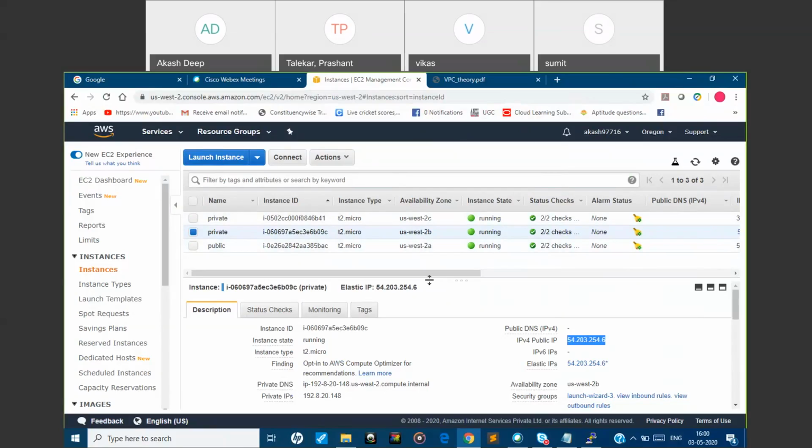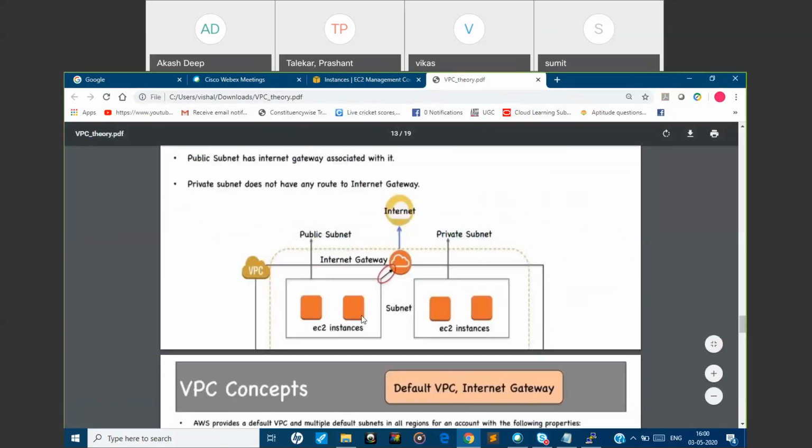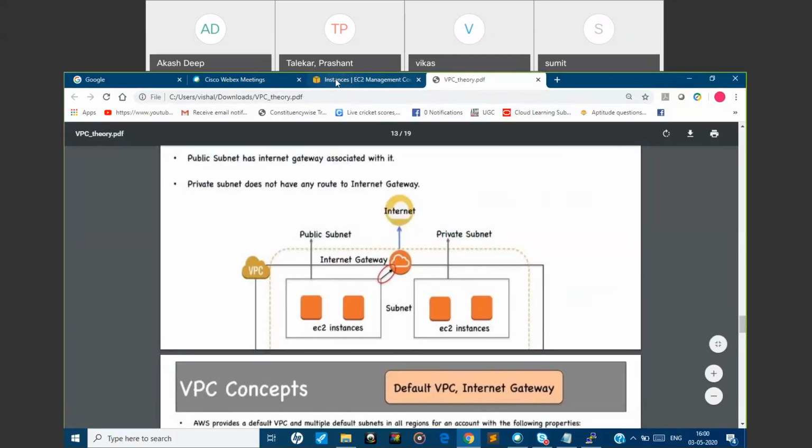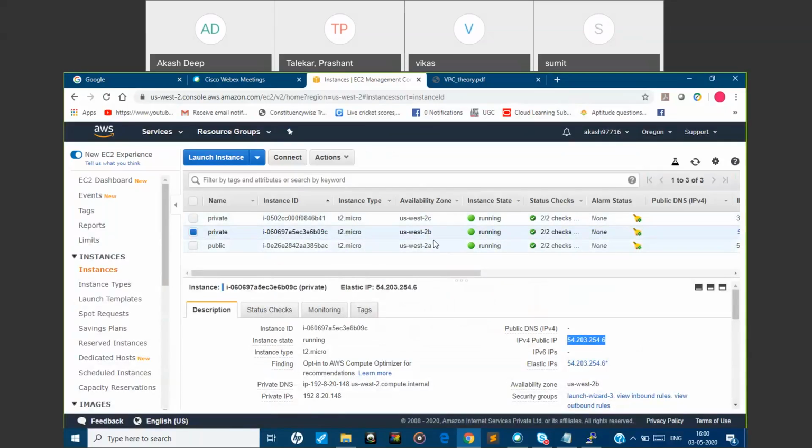In my own network, I have given some functionality: I associated an internet gateway, I associated route tables, and I created my own subnetworks. Only 3 subnetworks are there in my region: 2A, 2B, 2C.